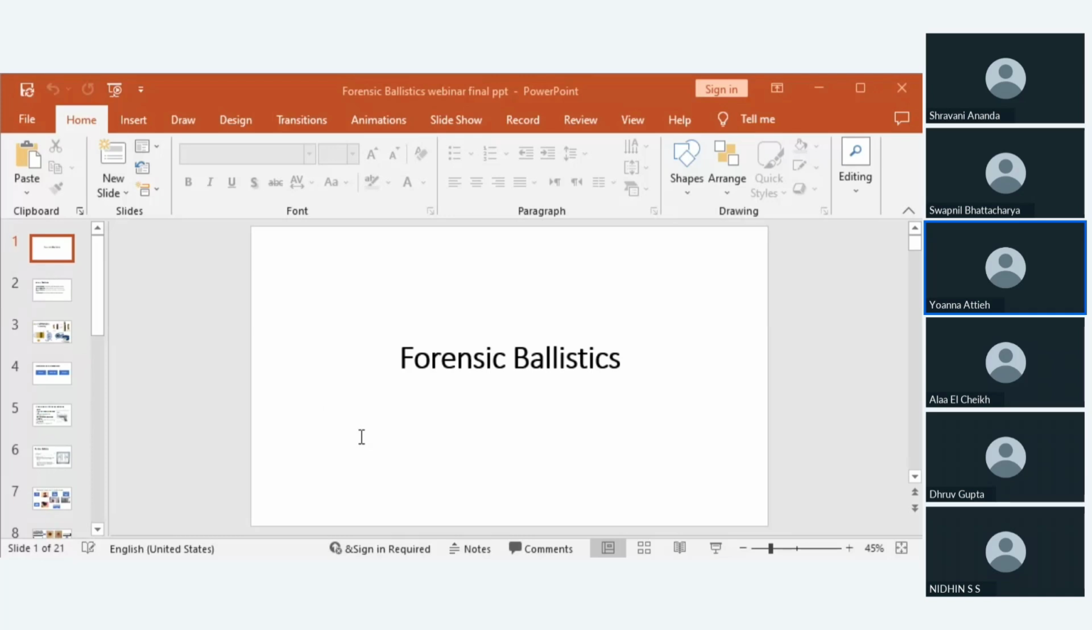Ballistics, guys, can be broadly divided into three primary categories: internal ballistics, external ballistics, and terminal ballistics. Each category provides vital insights into different stages of the projectile's journey. So today, we will begin by focusing on internal ballistics and gradually explore the remaining aspects of this field. So as you can see in slide 2,